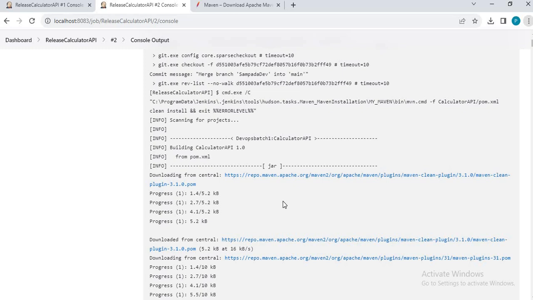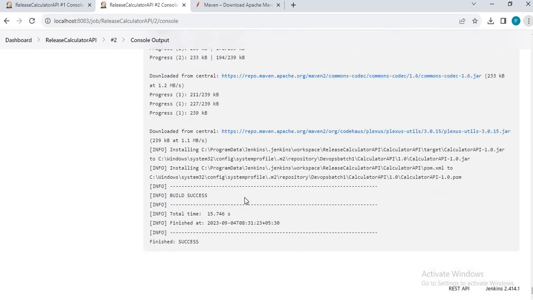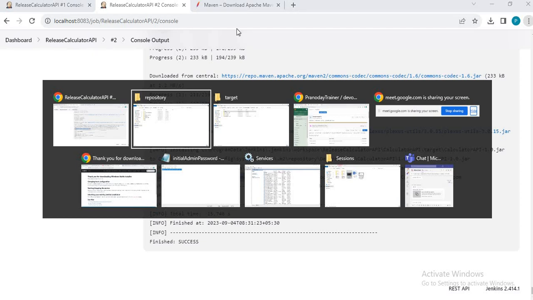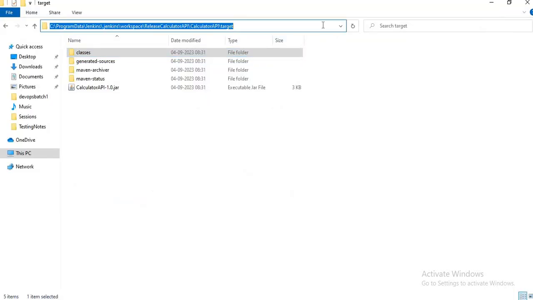Just a second. Let me go to .m2, DevOps batch 1. It is installed, it has installed it here. Okay, let's go and check out.